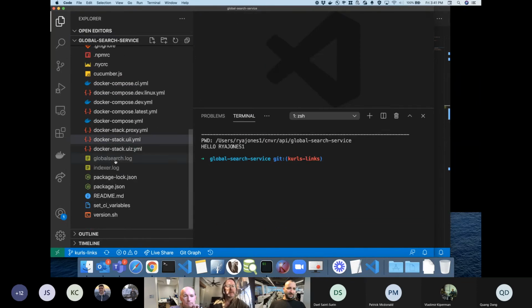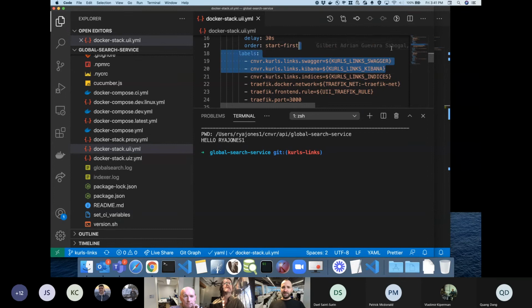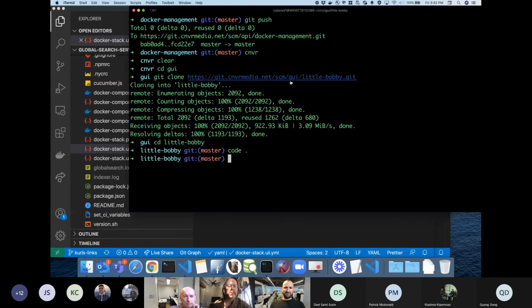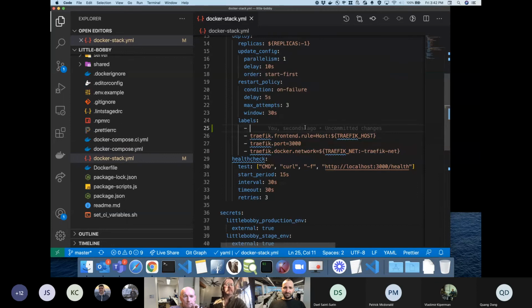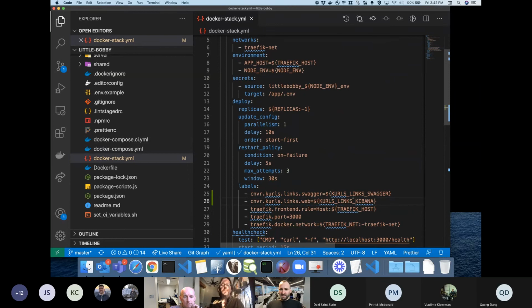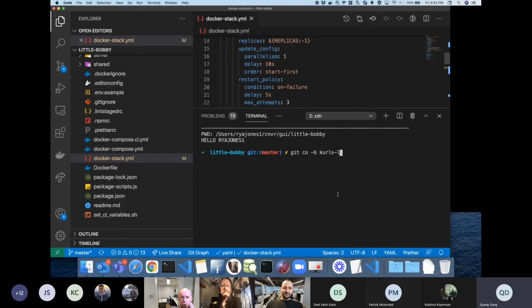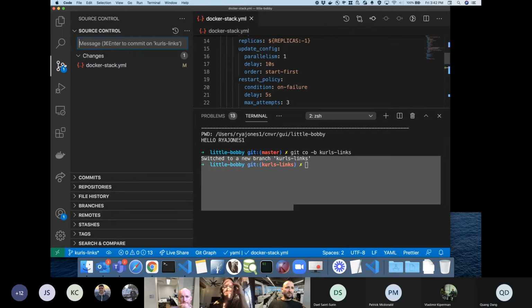Okay, so we're going to go ahead and put in 2 here, and I'm just going to copy this, so no typing, right? So we're going to do Swagger, and we'll just call one the UI then, or web. All right, so Swagger and web, and we'll call this one web. So then all we need to do is put those into the build, and I can put this into the branch here. If I can type the links, and we'll go ahead and